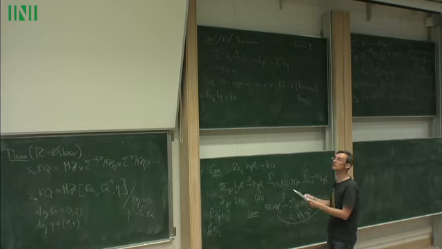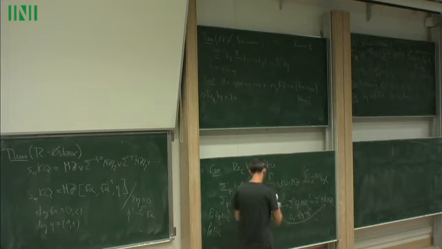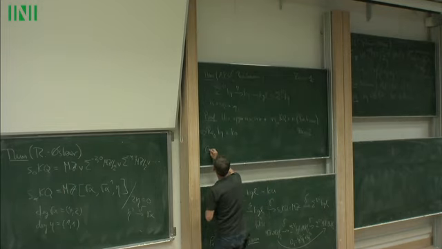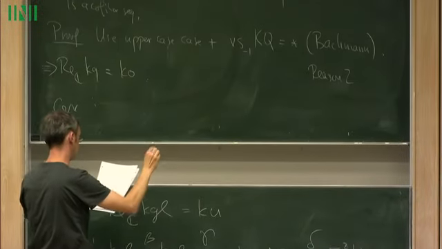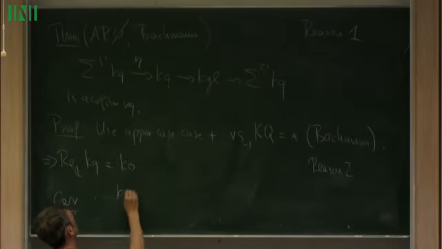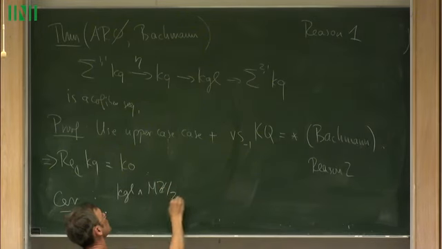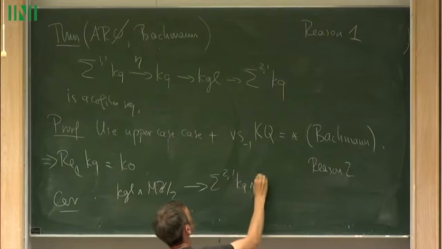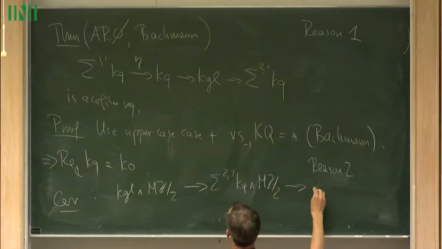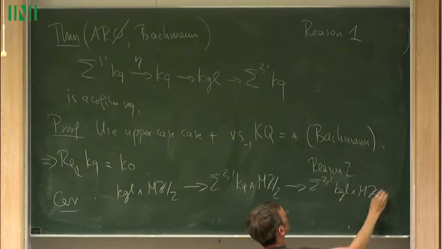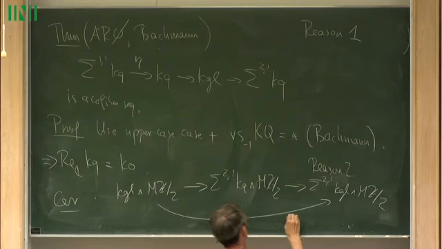What else do I want to say? I have 3 more reasons to give, and I can use this co-fiber sequence also for the following corollary, which is as follows: you take KGL, smash it with Z mod 2, then you have the map going to the 2-1 suspension of KQ, smash that with MC mod 2, and then you go back to KGL with the forgetful map, smash MC mod 2, and then you can check that this is multiplication with square 2,